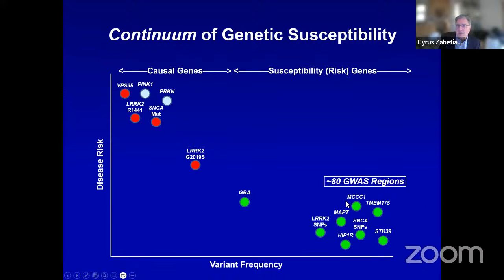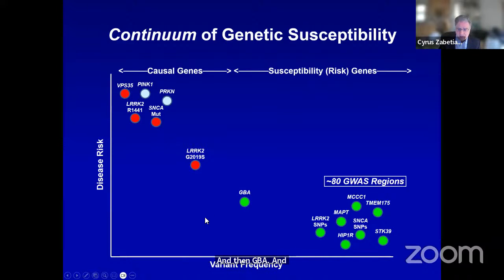And on the other end of the spectrum are these much more common variants that are typically found in GWASs. Again, these are things that have odds ratios that are generally very small, somewhere in the order of 1.1 to 1.3. And then with Parkinson's disease, this is not always the case with other diseases, but in Parkinson's disease, you have some things in the middle. So there's a variant here, LRRK2 G2019S, which many of you probably know about, that has reduced penetrance. So its penetrance is probably in the order of 30 or 40%, and then GBA.